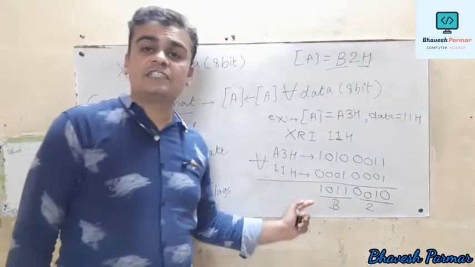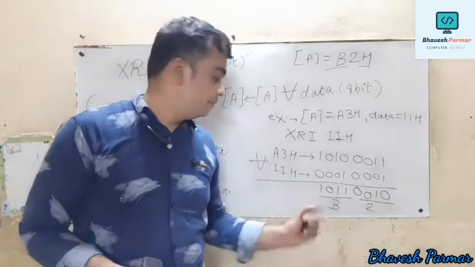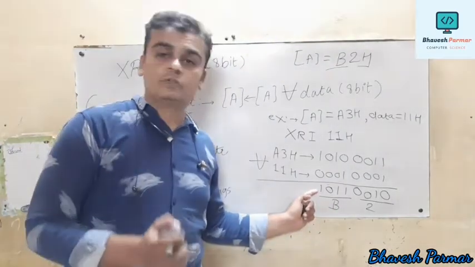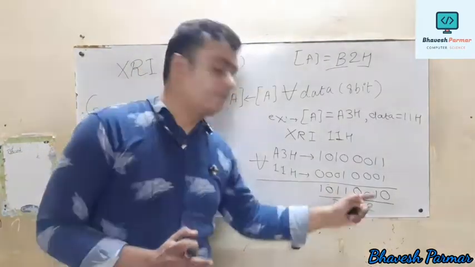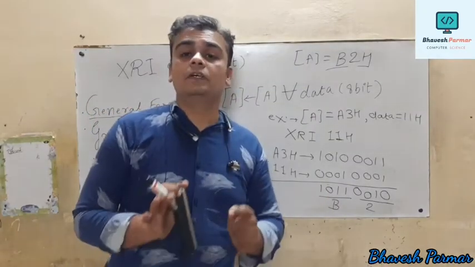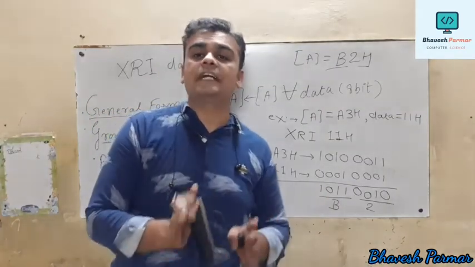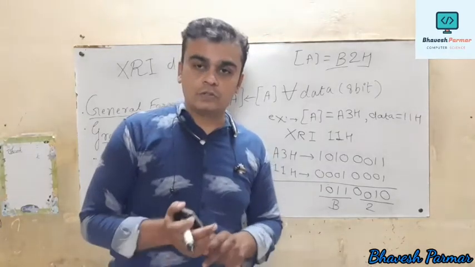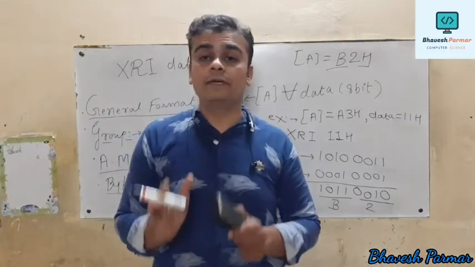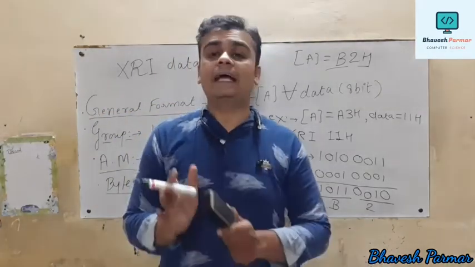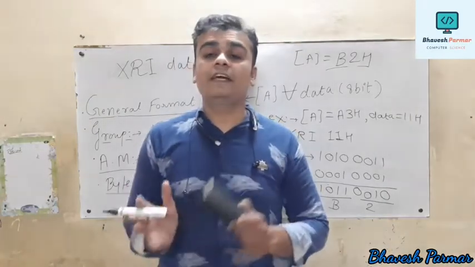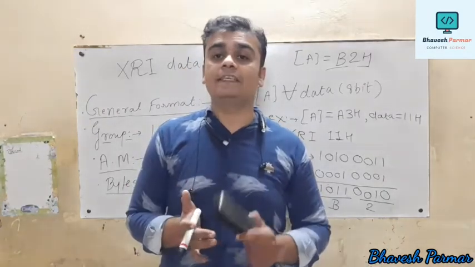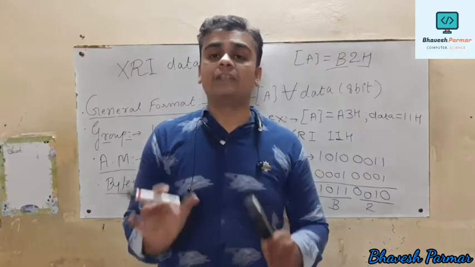In this case, the S flag and P flag are affected because the MSB bit is equal to 1. So that's why the S flag is equal to 1. And if I count the total number of 1s, these are in even figure. So that's why P is equal to 1. So we directly conclude that in the above example, the S flag and P flag are set to 1, whereas the Z flag, AC flag, CY flag remain unchanged.